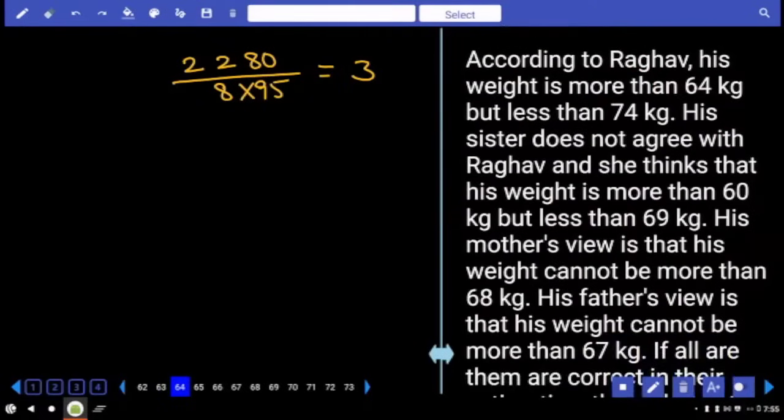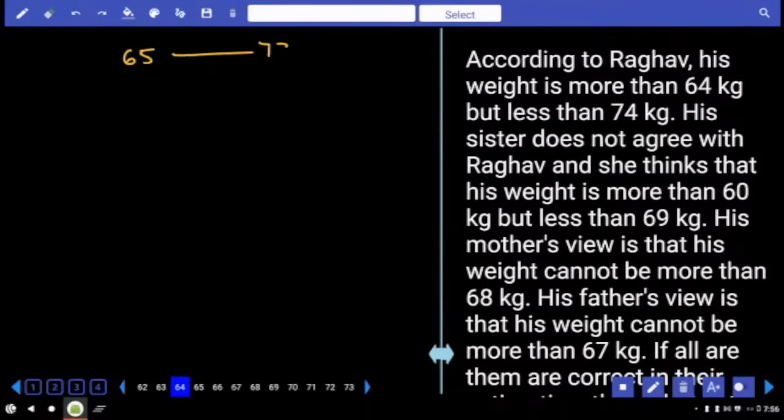According to Raghav, his weight is more than 64 but less than 74. More than 64 and less than 74. Can it be 64? Can it be 65? And so on. Can it be 74? No. Less than 74, right? It should not be equal to 74. Can it be 73? Yes. So range is from 65 to 73